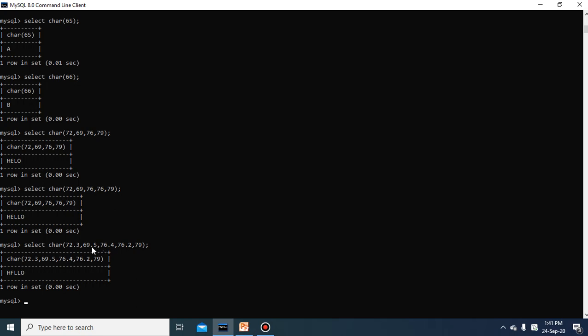Whenever you provide any decimal number greater than or equal to 0.5, it will round off the number and return the very next character. Therefore it returns HFLLO. So when you pass any decimal value, it will also return the same string if it is not going to round off.